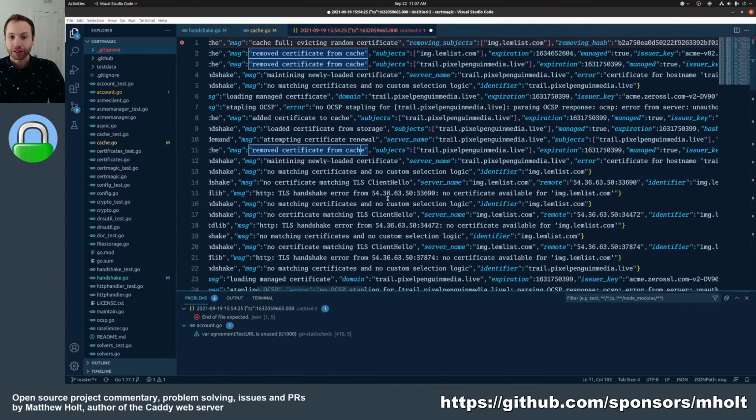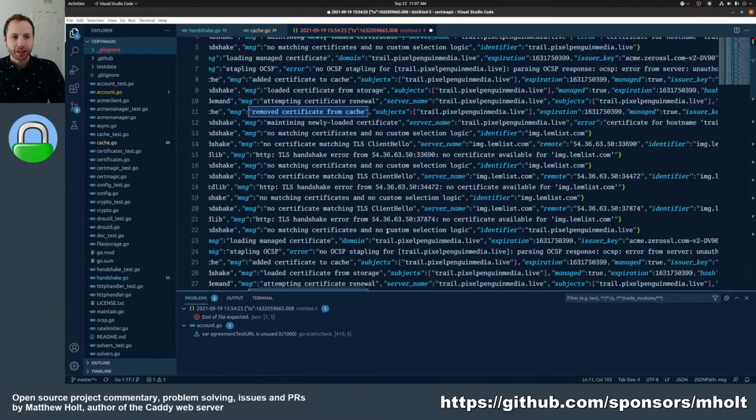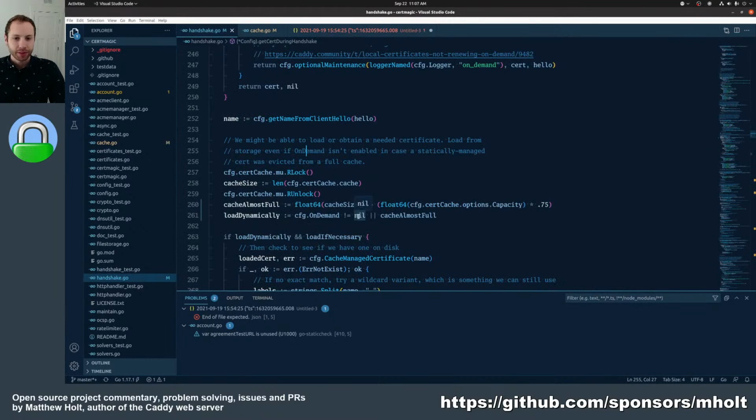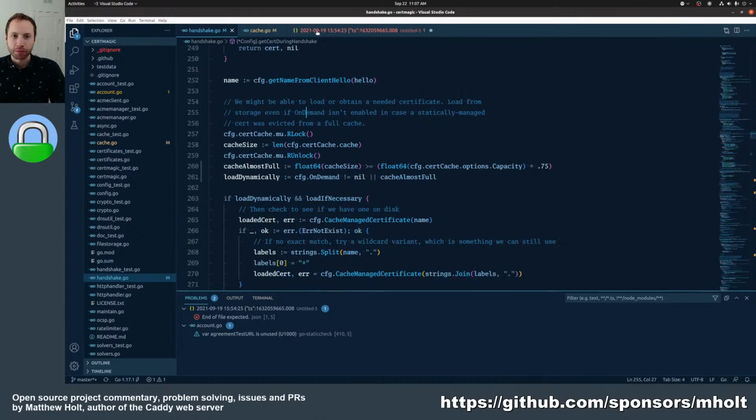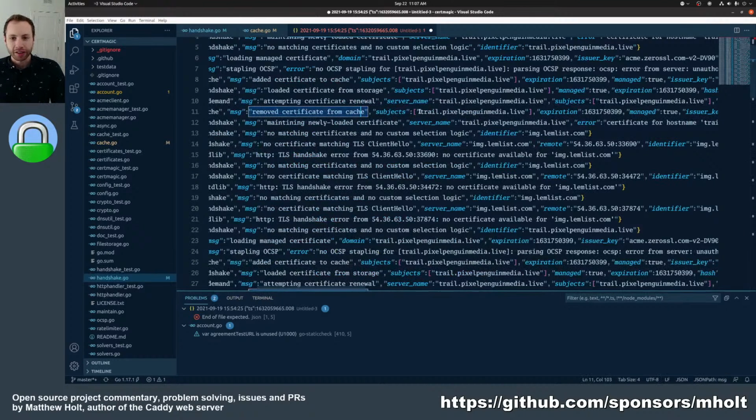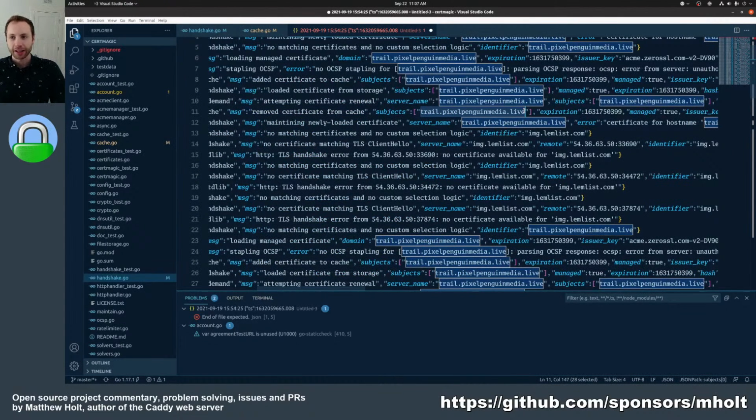And so the cache is no longer full. And so that logic, well, this is my currently patched version now, but the logic where I check to see if the cache size was equal to the capacity or greater somehow wasn't working because 9,999 is less than 10,000, so the cache isn't full. And that's because of this edge case of loading an expired certificate and then immediately evicting it again, and it took